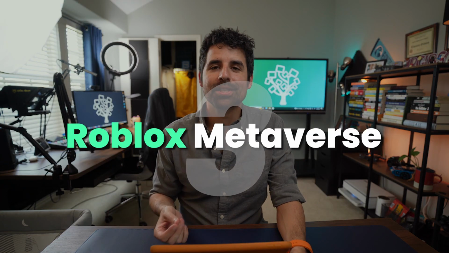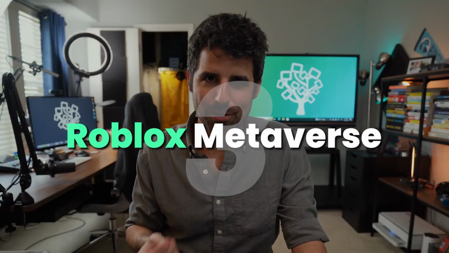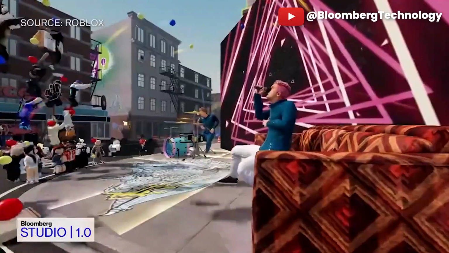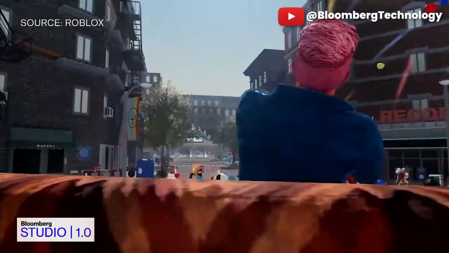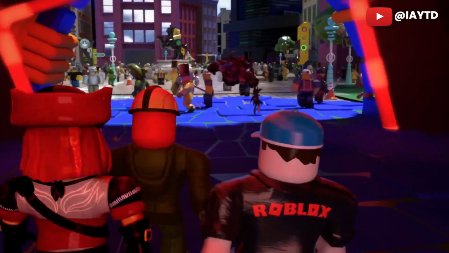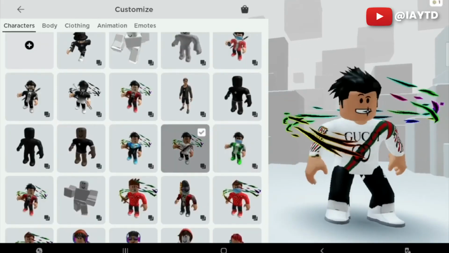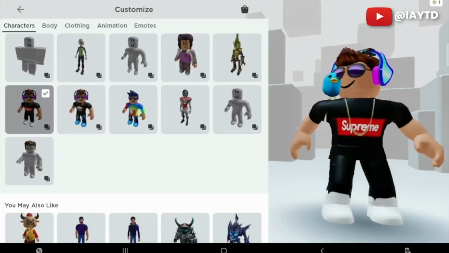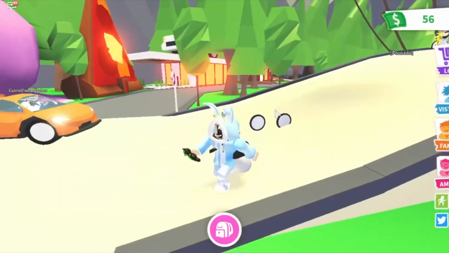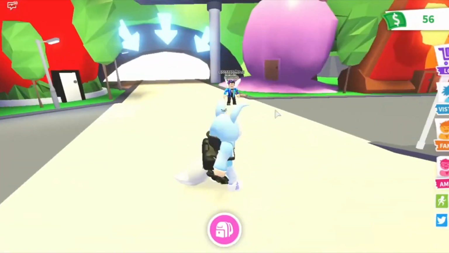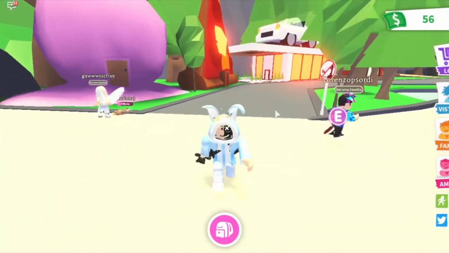Our third Metaverse option is Roblox Metaverse. There's a good chance that your students are playing or have played Roblox. It's an open virtual world similar to Minecraft where students can create their own custom avatar that they use to interact with the Roblox world. The unique thing about Roblox is that Roblox, the company, has created this world that people can come to, but all of the games and experiences within Roblox are created by other users. So students can both create in this world as well as experience the